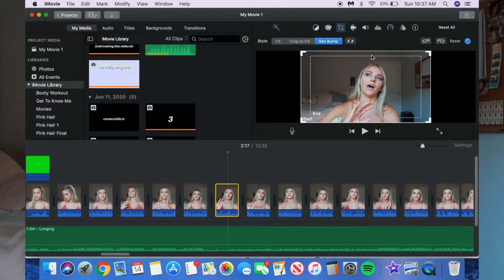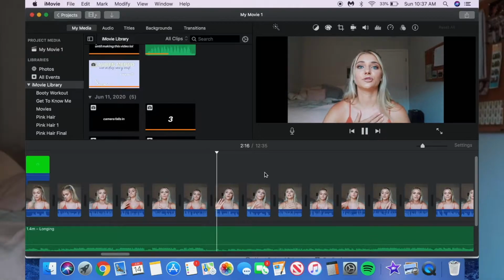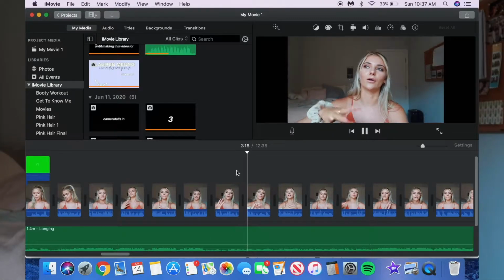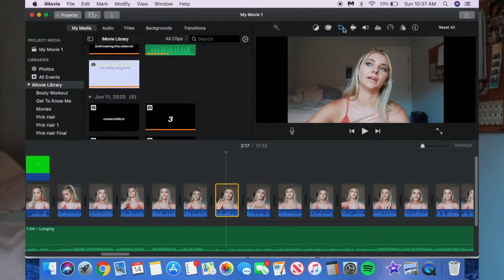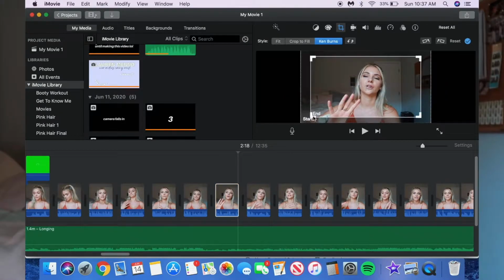Burns. It's going to give you the automatic setting, which is fine, but you can also zoom it in more if you want it to go faster, if you want it to go closer. All you need to do is hit the bottom left corner so that the end screen is highlighted, and then just drag it in. You'll see that the little yellow arrow is pointing upwards or wherever you drag it in from, and that's just the direction it's going to be going.